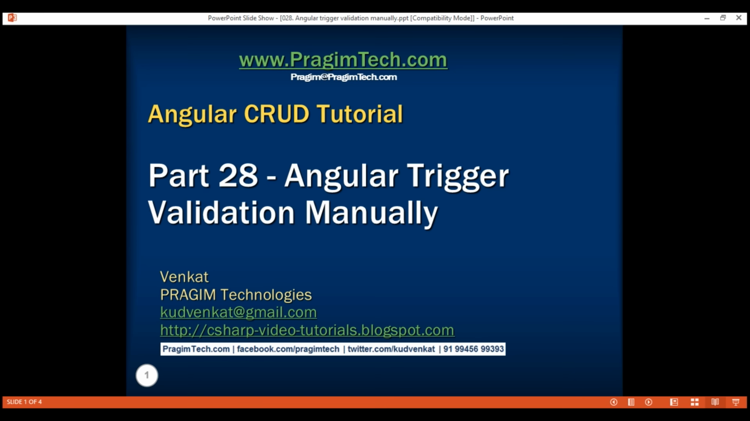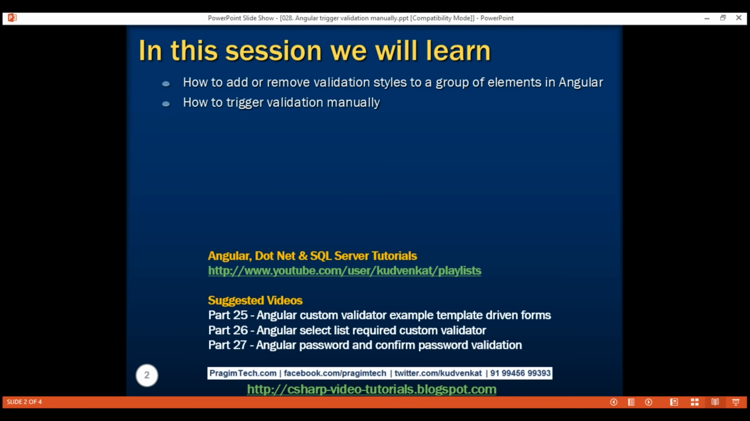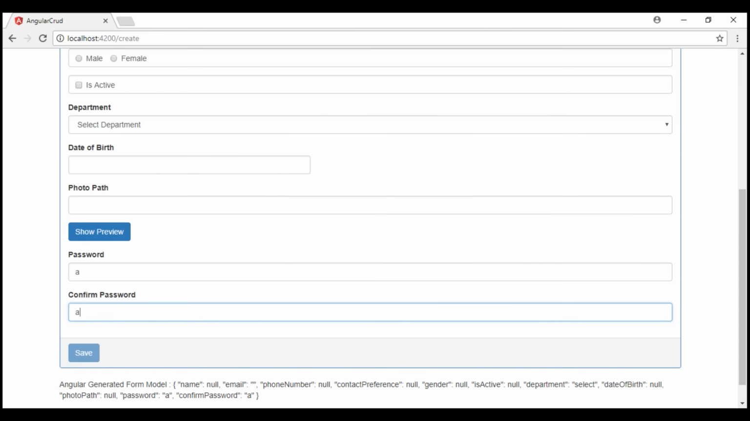This is part 28 of Angular CRUD tutorial. In this video, we'll discuss how to add or remove validation styles to a group of elements and how to trigger validation manually. At the moment, the problem that we have with this confirm password field validation is that when